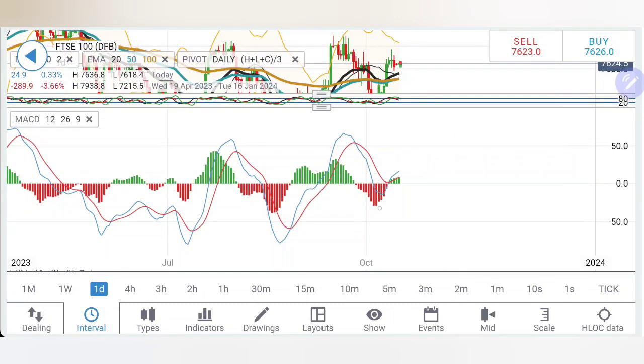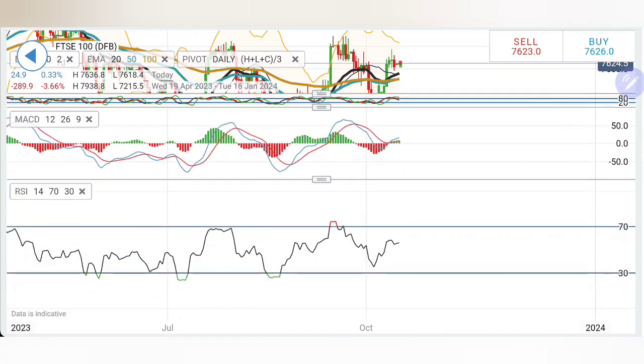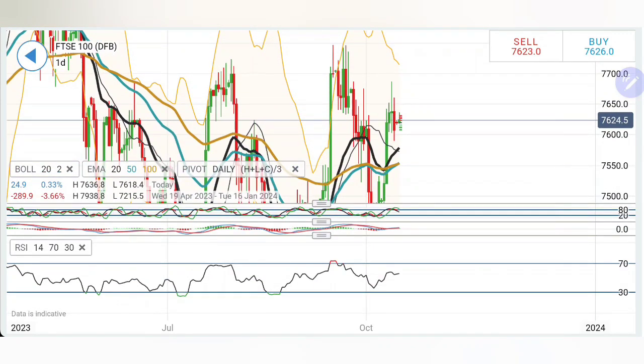This is the only sign which is suggesting that this could continue on the upside. RSI flat. Looking at this, I will recommend you to buy FTSE 100 today at 7640 levels and sell at 7615. In between this 25 points, do not trade. And in fact, if you are selling at 7615, be alert for 7605, 7600 zone.